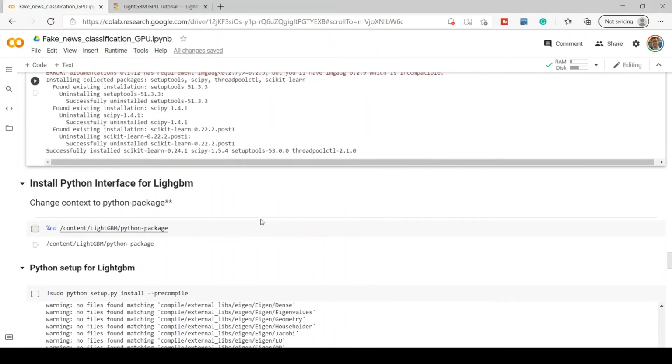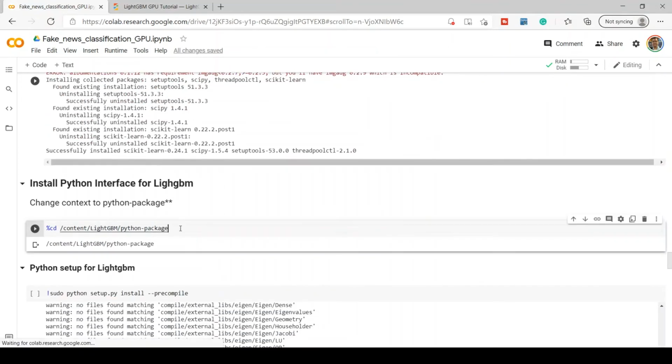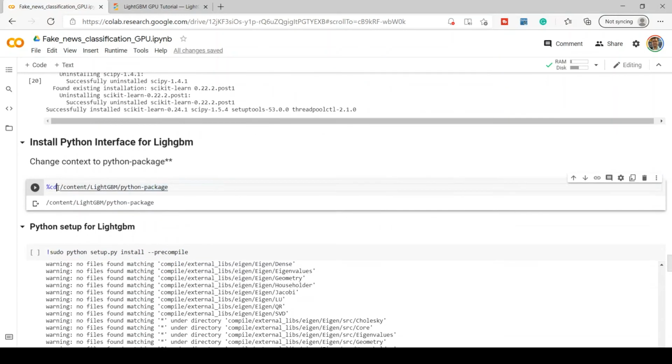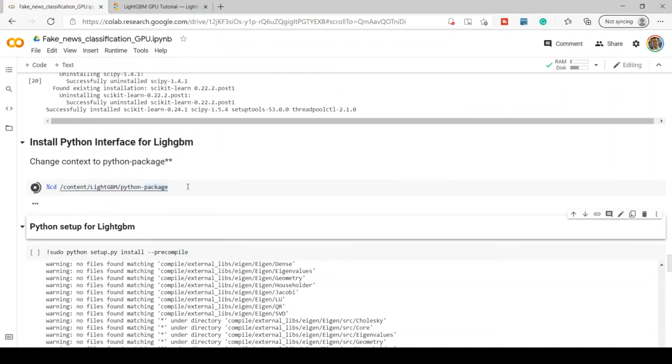Now we'll go to the Python package and create a LightGBM Python interface so that we are able to run LightGBM under Python. For that purpose, simply go to LightGBM, and within LightGBM, go to the python-package directory.